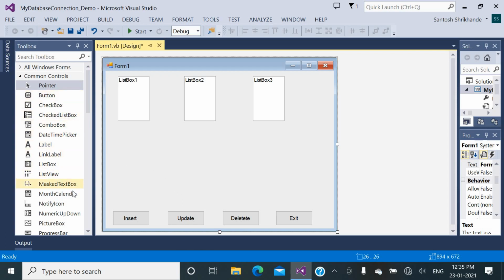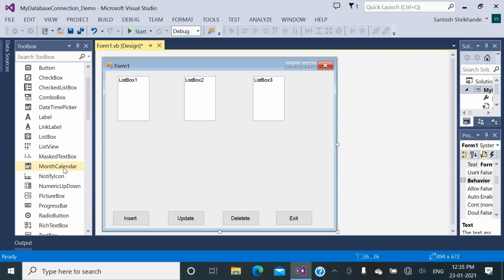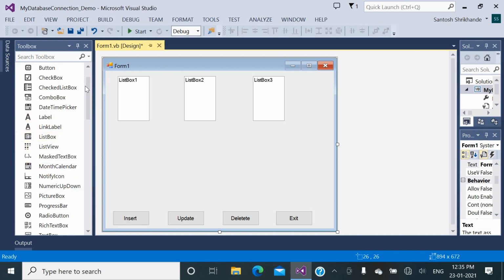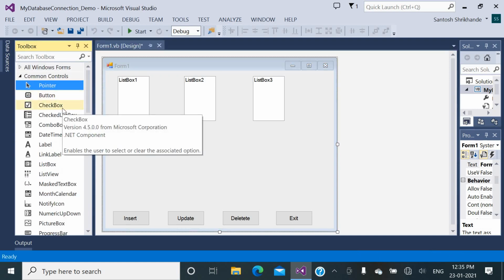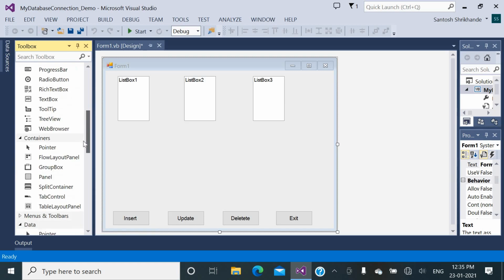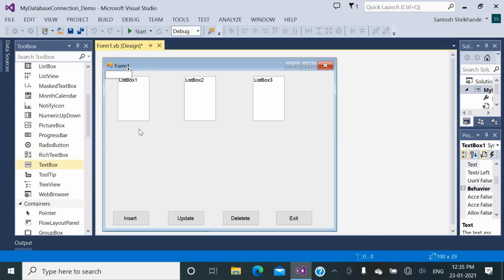For this purpose we need some text boxes for holding the values for EMP ID, EMP name and EMP salary. So here I will take three text boxes.